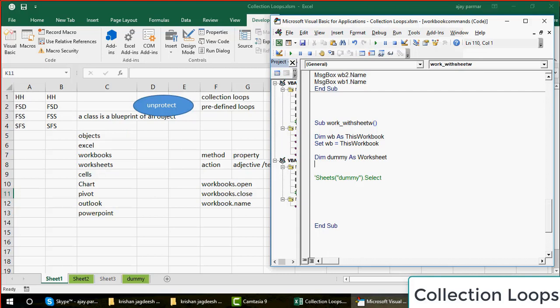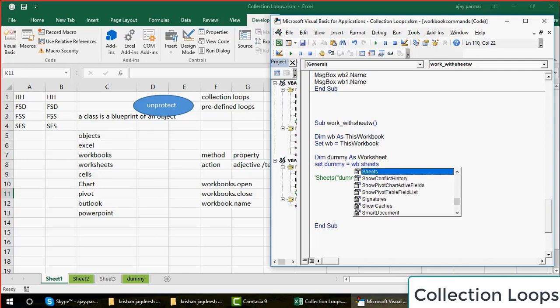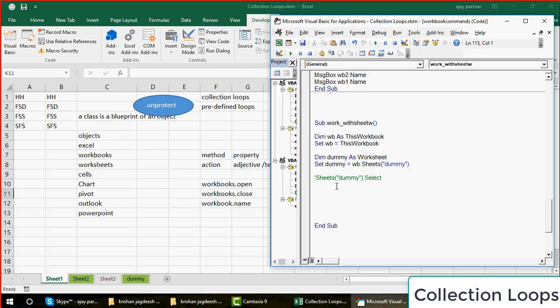If Dim I As Integer, I has to be something, that's why you're declaring. So Set comes, because this is the object. What is it now, guys? This belongs to this workbook. This workbook is what? WB.Sheets, and then the name of the sheet, dummy. Simple. Just declaring it one time, now you can use this anywhere inside this code.